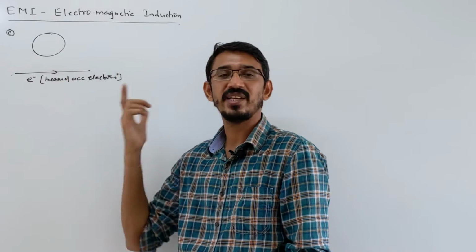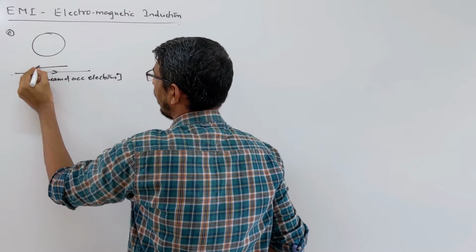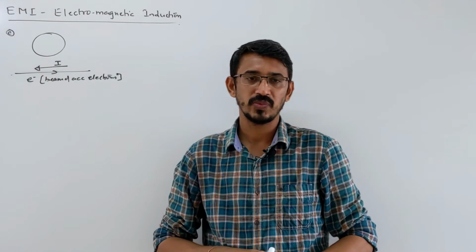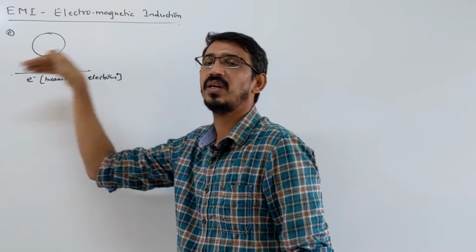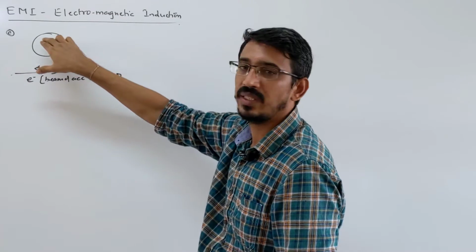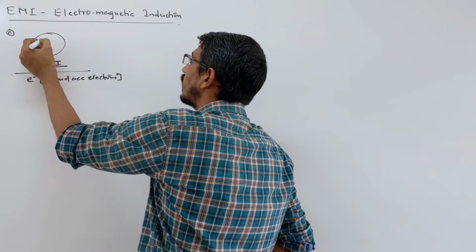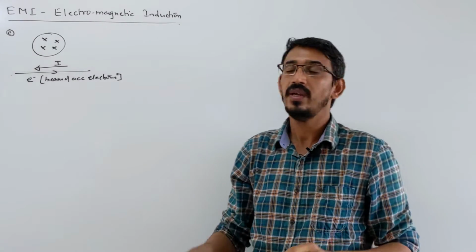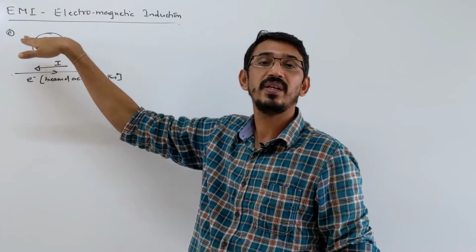But I am saying the electrons are accelerating or decelerating. Electrons accelerating in this direction, obviously the current will be produced in the opposite direction, because the direction of current is opposite to the flow of negative charge, right? So electrons are accelerating in that direction, which means current is increasing in the opposite direction. The field due to this current in this loop will be, thumb showing direction of current, fingers inward. So an inward field will be produced in this loop. Now this field is increasing, correct? So it is increasing in the inward direction in this loop.